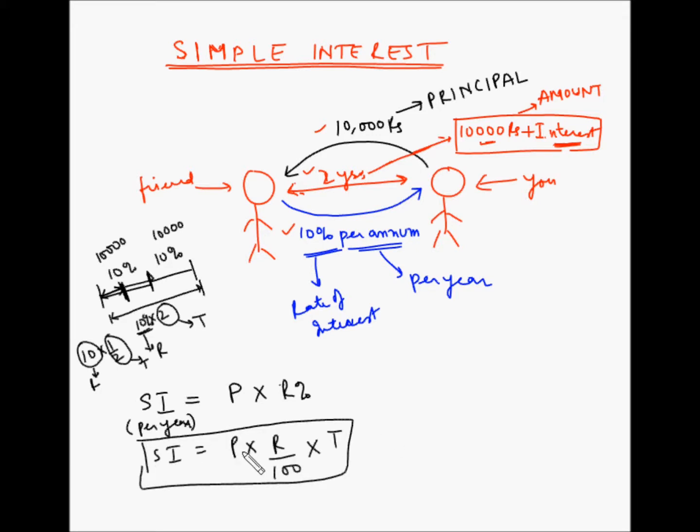So our simple interest for the entire period is PRT by 100. Some people also write PRT by 100. So P multiplied by R multiplied by T divided by 100, where P is the principal, R is the rate of interest, and T is the time period. Now this is the simple interest,